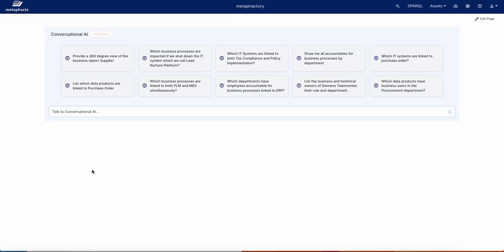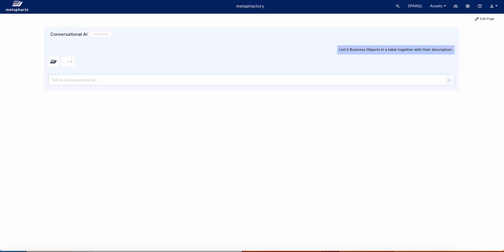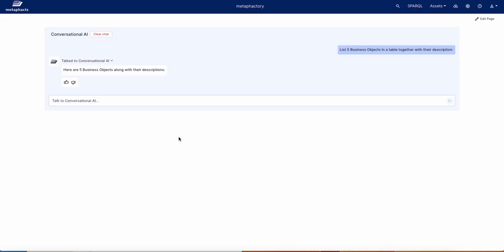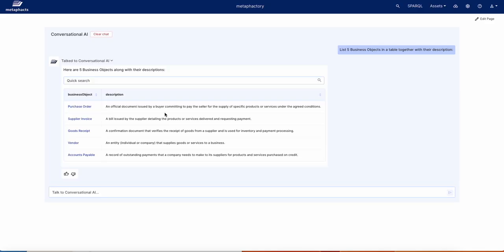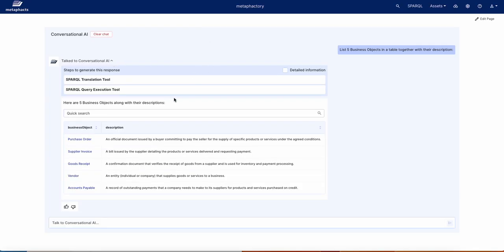the framework. So maybe now to start, let's begin with a very simple question, such as listing 5 business objects in a table together with their description. Meanwhile, while we see that the graph is loading, once the results are being rendered according to what we expected, we can see that in this case to process this answer, different agents have been used, different services